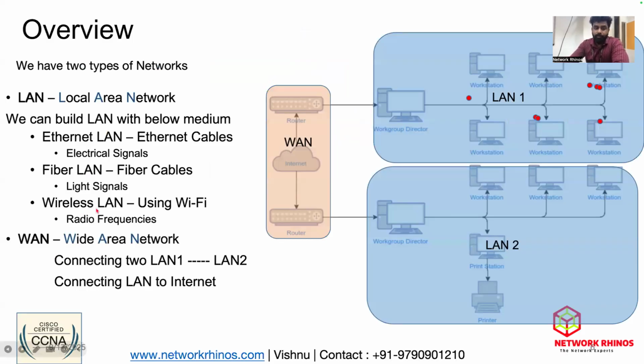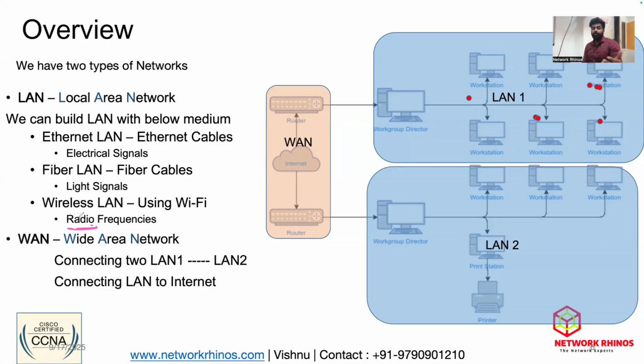Third, we got wireless. Now in wireless, we use radio frequencies. So, you know, FM radio, AM radio. The term radio came because the signals in Wi-Fi are termed radio frequencies. So here the medium is air. It is termed radio frequency. So this is all about your Ethernet LAN. LAN we can build using three methods: Ethernet cable, fiber cable, and Wi-Fi.